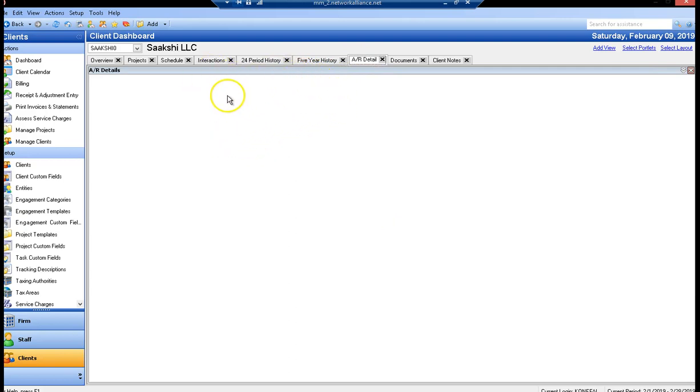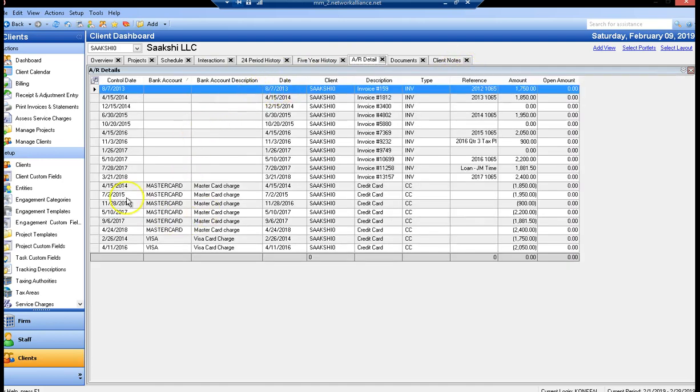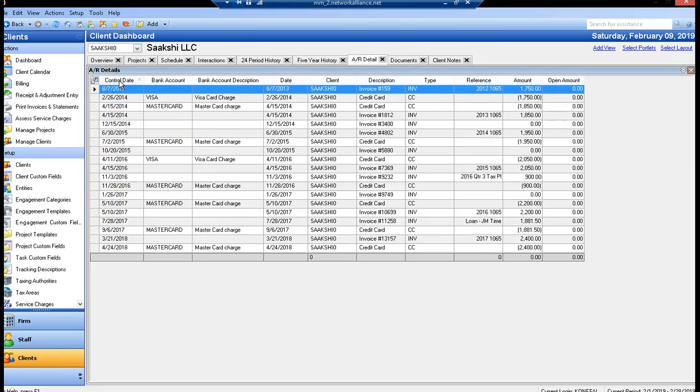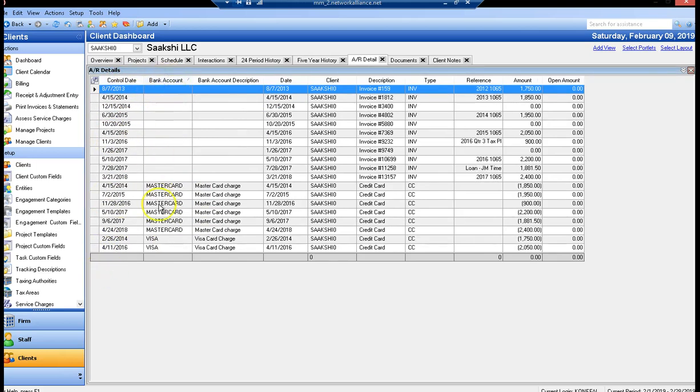everything that we have invoiced and that we have collected. The cool thing about it is you can control it by date. For example, if I just click control date, this will organize it for me. If I want to see by bank account, this will also organize it for me. So it's a good way of seeing what we received and what was already